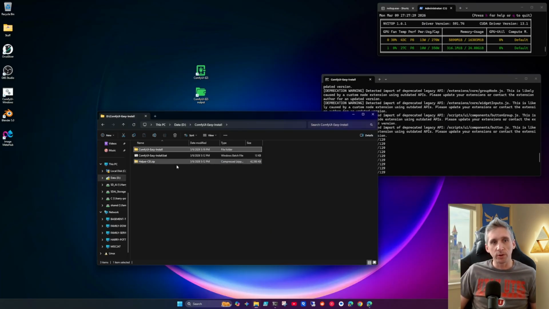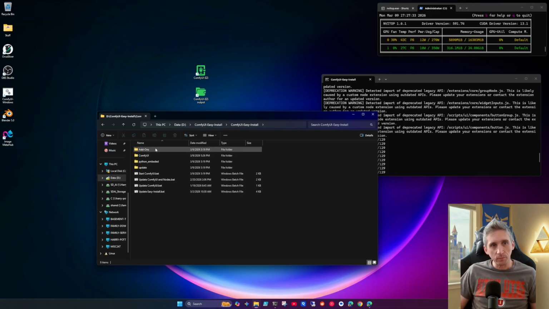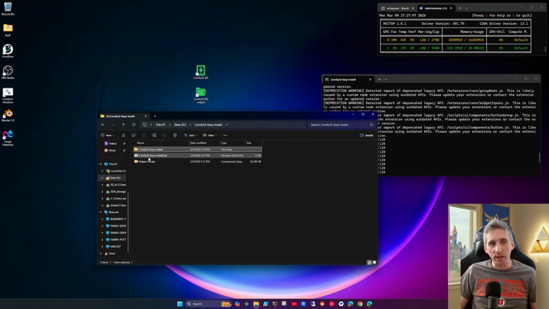So if you go to your easy install folder right here, you click on the main folder, and then here you go. You got update ComfyUI and the nodes, or just update ComfyUI by itself. Now this right here, this bottom one, Update Easy Install. That's the entire package that you downloaded. Now, within the package you downloaded,